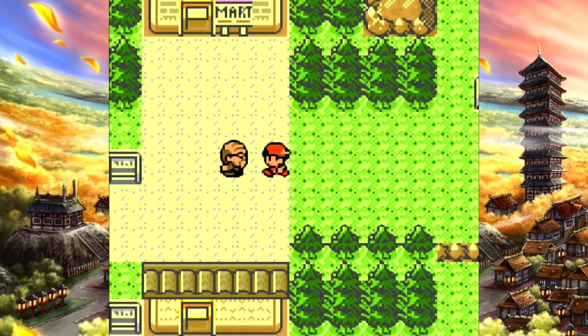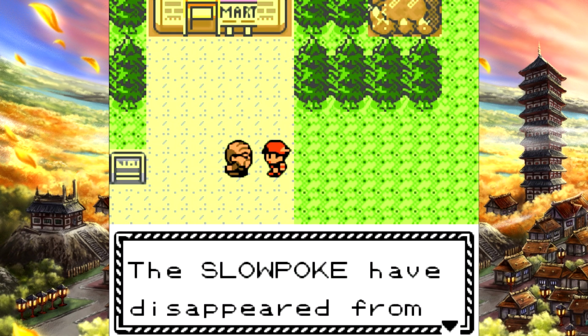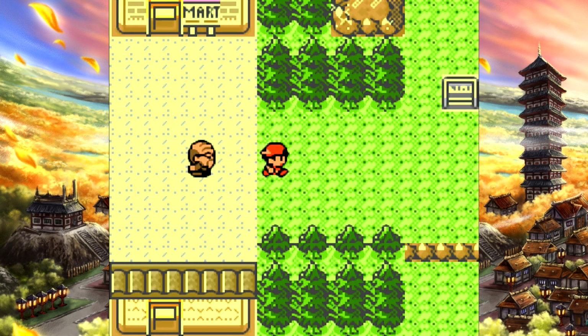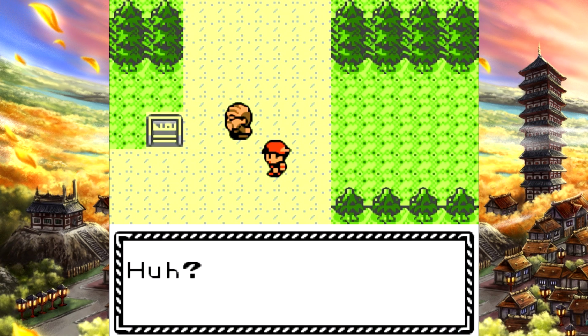Maybe we should talk to some of the townsfolk, see if they know anything. The Slowpoke have disappeared from town. I hear their tails are being sold somewhere. We encountered that guy on the way to Union...